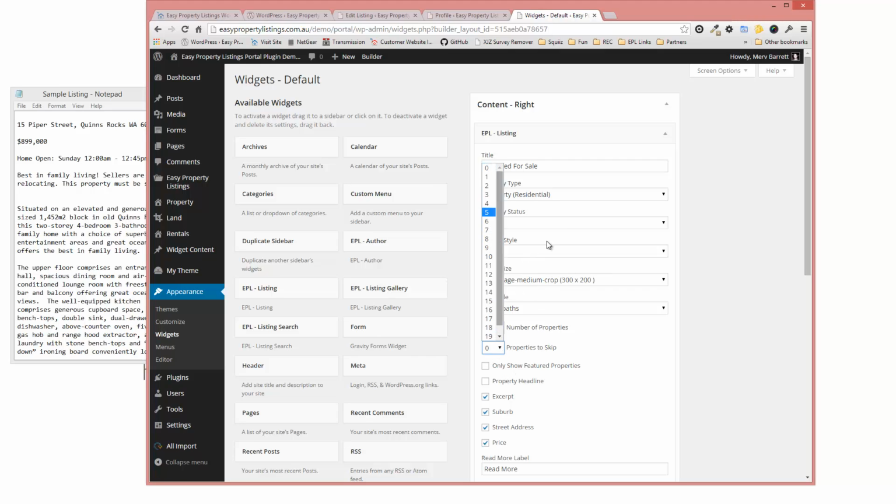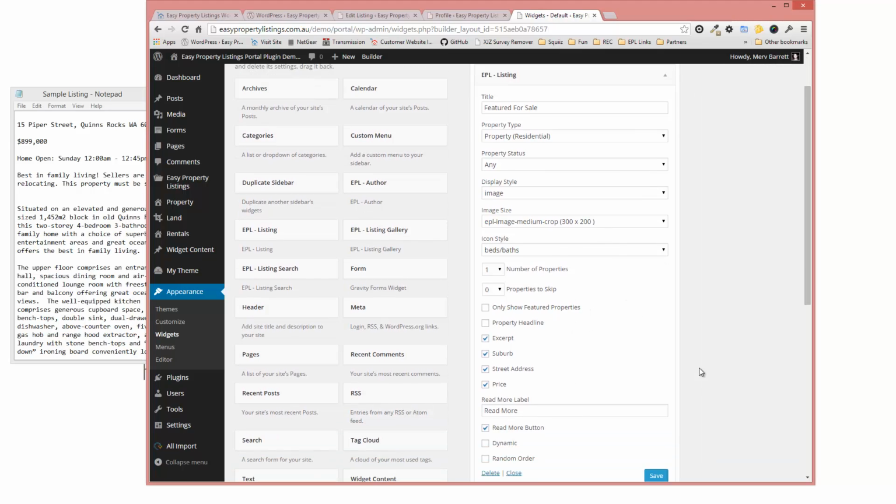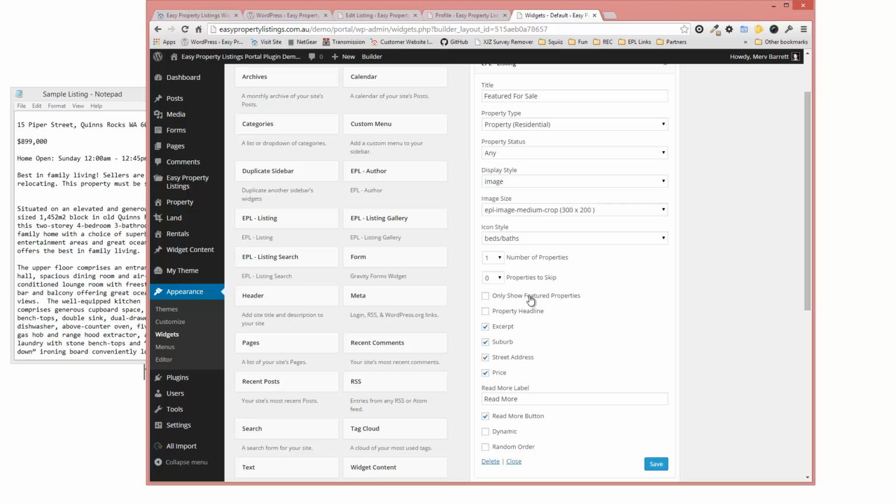So you could say, show me the featured ones, and then skip one, so that you don't get a duplicate listing of images, duplicate listings of properties. So just leave it as 1. This is where our featured property, so you can tick a featured property. You can show the headline of the listing. This kind of sometimes breaks your